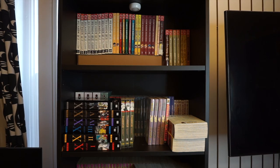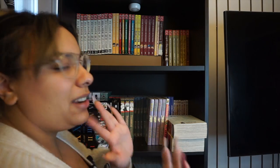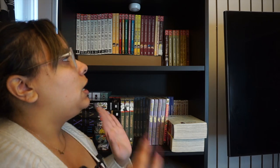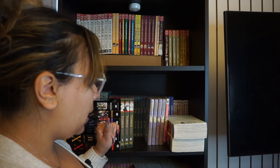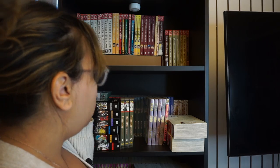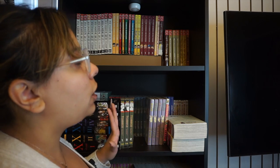So now we're on the clamp side, and I'm actually not reorganizing anything because it is what it is. There's not enough room. I'm kind of okay with everything as it is now because I keep pulling things out for my reread series. So I'm gonna have it as is. For the most part, I try to have it organized from oldest to newest, but there is a lot of stuff, and some of them have a lot of volumes, so I try to accommodate it